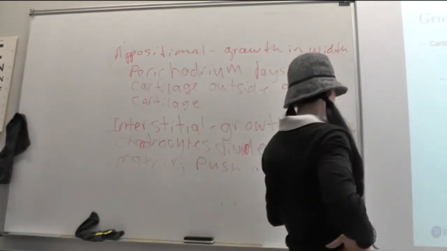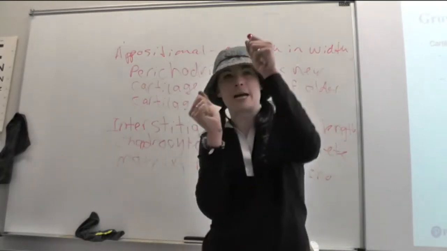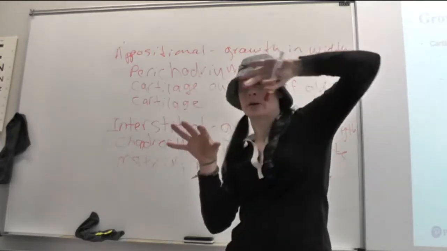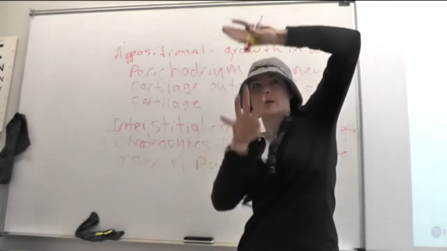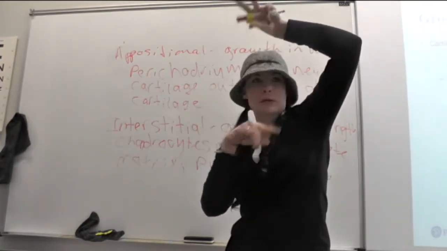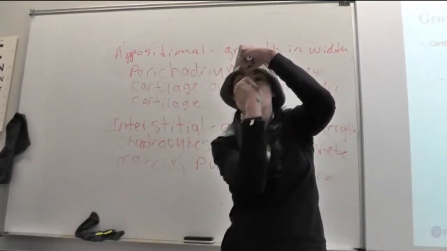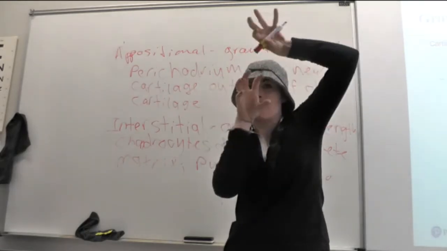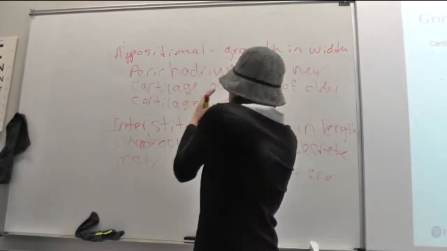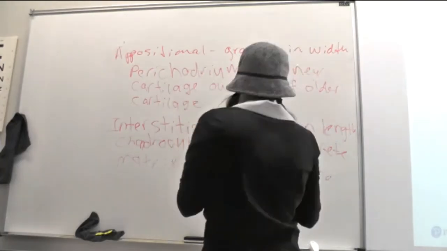Does that make sense? If I've got these two chondrocytes, well, it was one chondrocyte, and then we divide by mitosis, and now each of them starts secreting its own extracellular matrix. It pushes up and away from each other. They entrap themselves in protein fibers and ground substance, and now they're each in their own lacuna. So what I did is I started here and I split each cell, each kind of entrapped itself in its own lacuna, and it split apart that way. That's what's happening on the inside of our mold. On the outside, we're laying down new cartilage cells around all of that. So interstitial growth